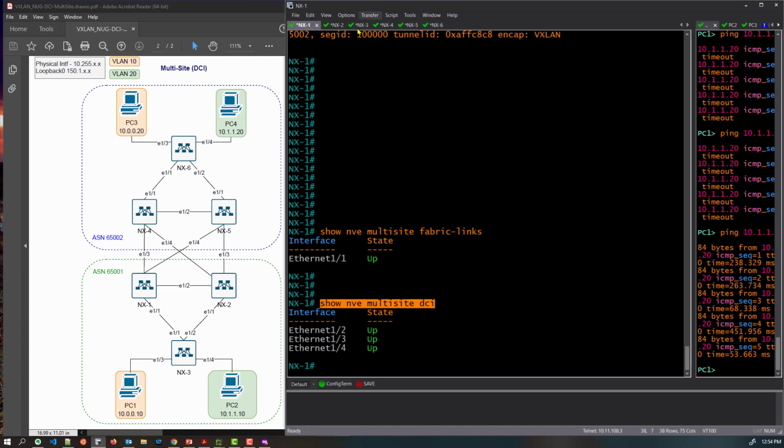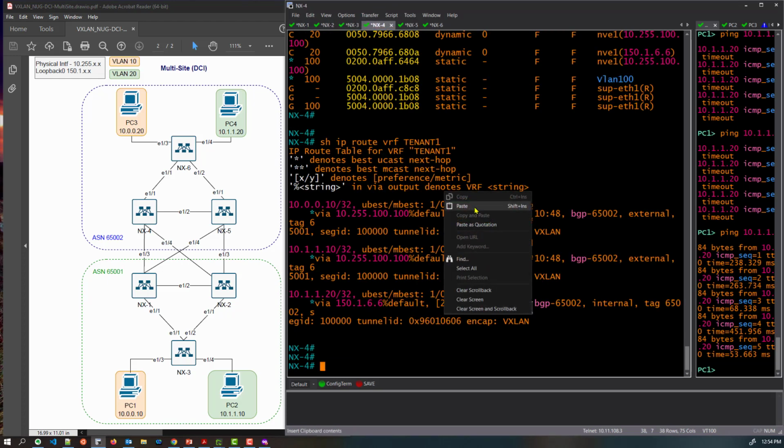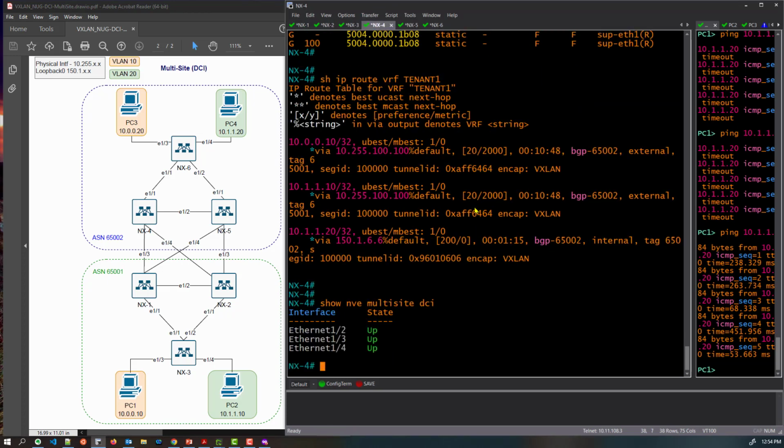And you can run this on any of the border gateways. So if I go to 4, so there's the interfaces I'm tracking towards the other fabric. Another thing you can look at is as far as multicast. One of these we sort of talked about a little bit is the designated forwarder, which is responsible for handling